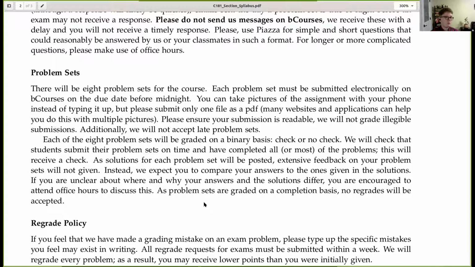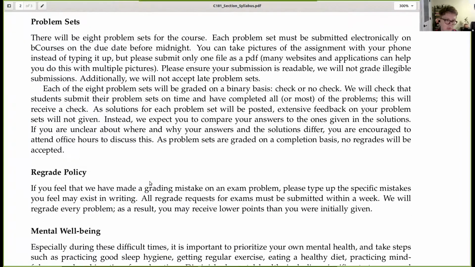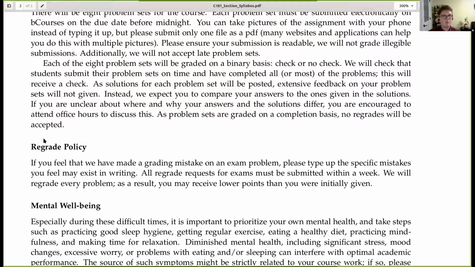Sometimes your answers might differ from the posted solutions. In those cases, sometimes it's okay. It's just a different way to do it. But if you're unclear about where and why your answers differ from the solutions, you're encouraged to come to office hours to discuss it with us. Each of us is more than happy to discuss that with you. We're not going to accept regrades for problem sets because they're graded mostly on a completion basis. The regrade policy, if you feel like we've made a grading mistake on an exam,